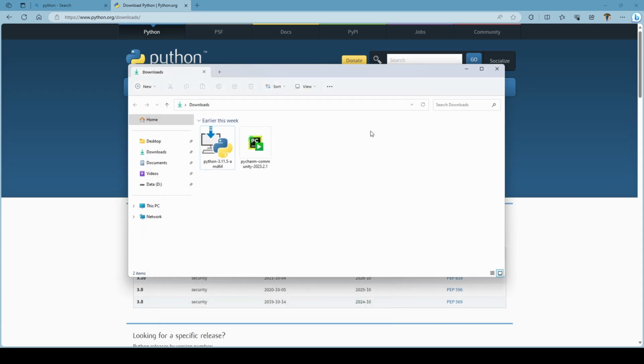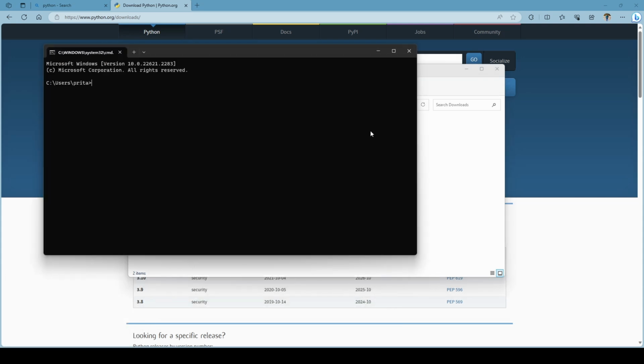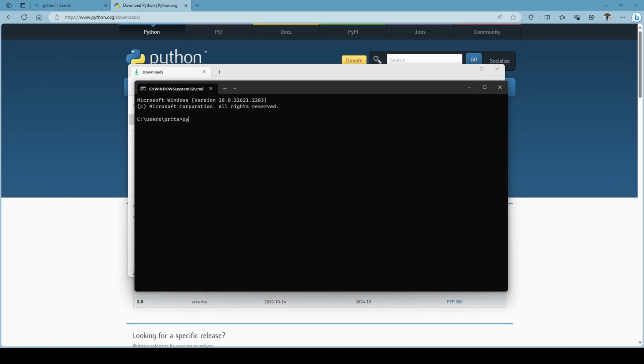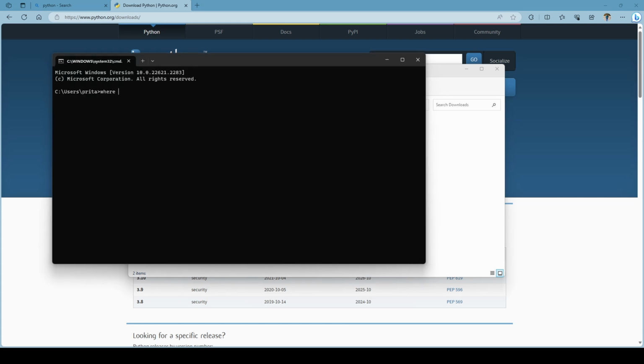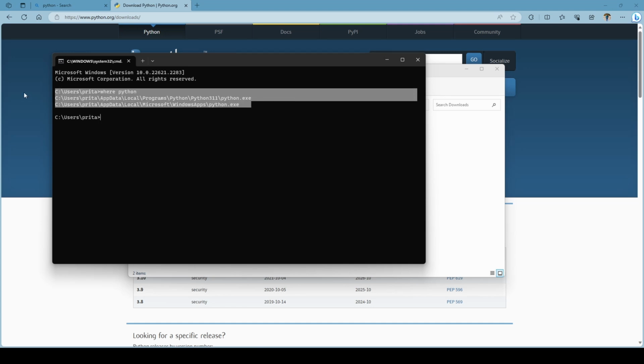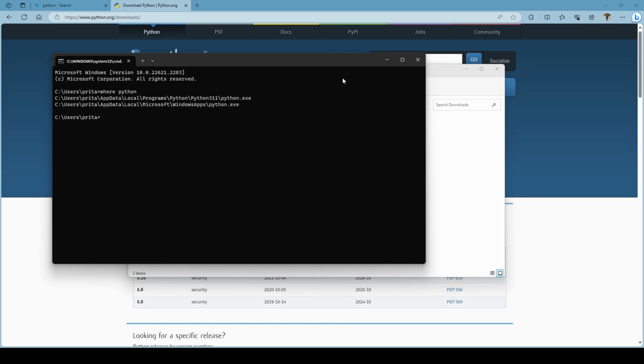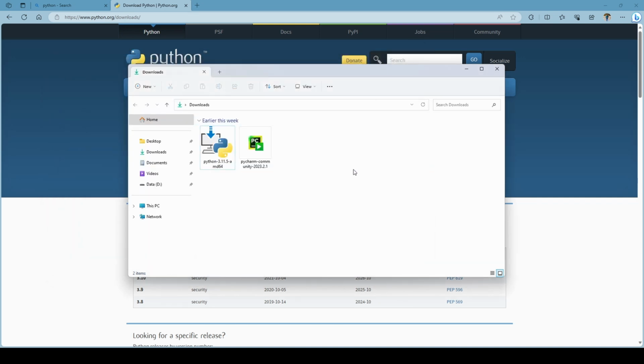Also there are many other ways. If you go to CMD and write python, you can see three greater than symbols, which prompt that this is a Python prompt, and you can type anything like x equal to 10, then x. There are other methods too: if you go to CMD and write where python, you can see the path of Python here. By all these ways you can confirm whether Python has been installed or not.